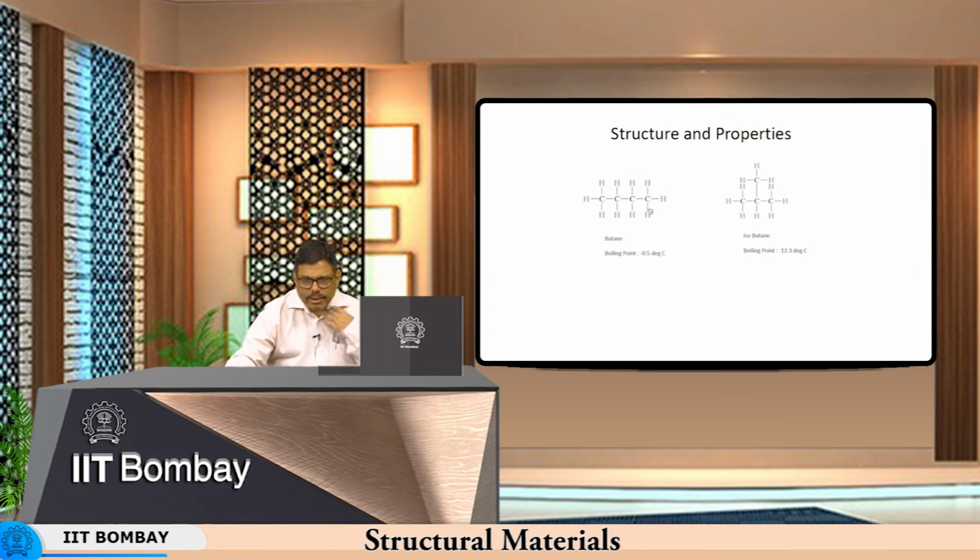So if you look at the straight chain versus branch chain compound, this is a straight chain. As the chain length increases, your boiling point also increases. So you have a relatively shorter chain of 3 carbon atoms, and the boiling point is lower than the boiling point over here. So the properties of the polymer depend entirely upon the size of the chain and the entire structure.